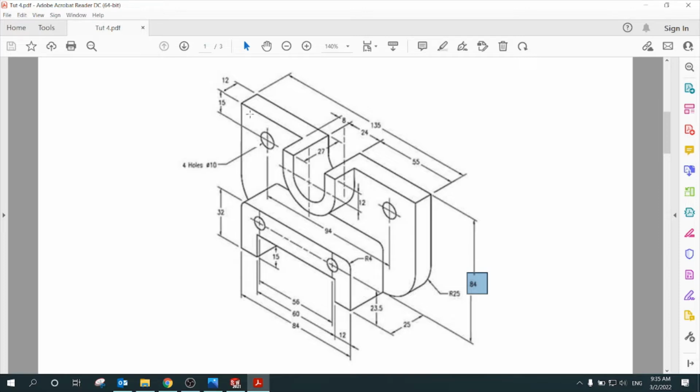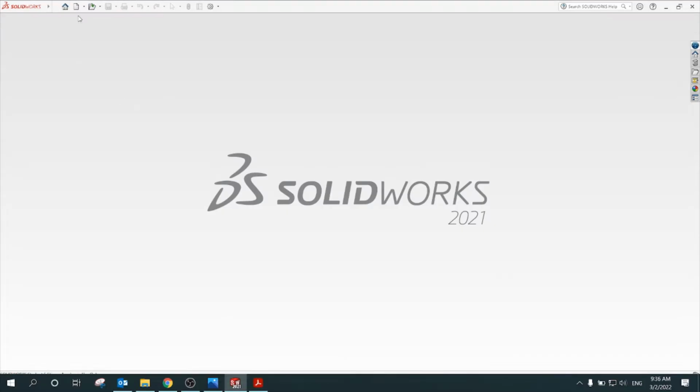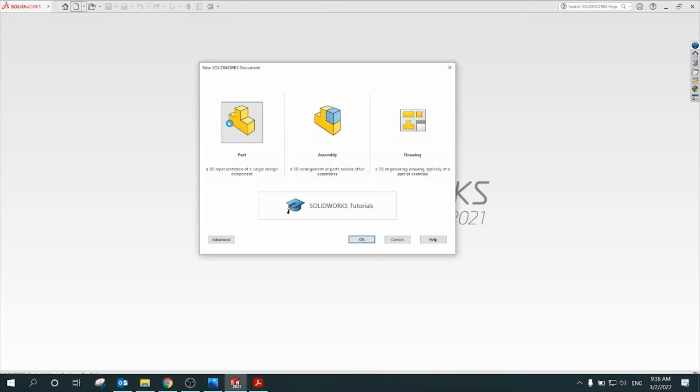So when I create the plane, it's not a pure rectangle. I will just stop at this point to show that I have the cut of the U shape. Now, if we open SolidWorks, new part,